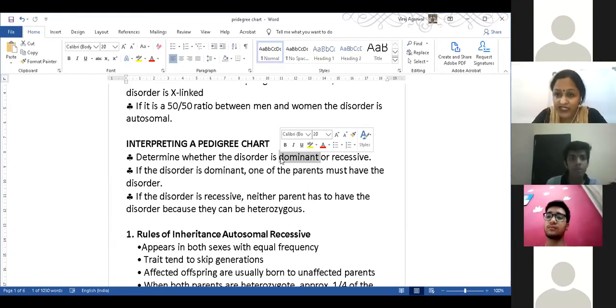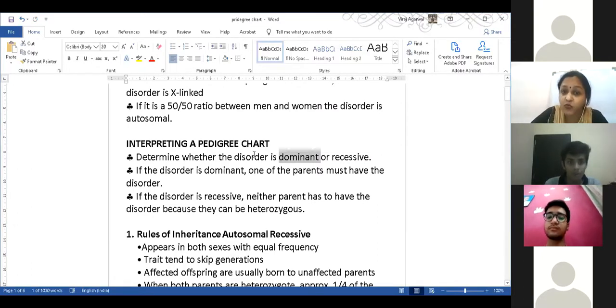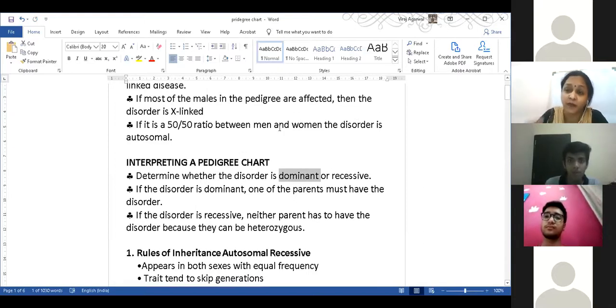Okay, इसीलिए X-linked traits are caused in men so commonly. That is why we are seeing that if suppose majority of the males are affected, then it can be X-linked. Why so? क्योंकि दूसरा X chromosome होता ही नहीं है. तो अगर एक भी diseased वाला X chromosome आ गया, the disease will show itself. Fine. Both in case of recessive diseases also. Okay. So if the disorder is dominant, one of the parents must have the disorder.